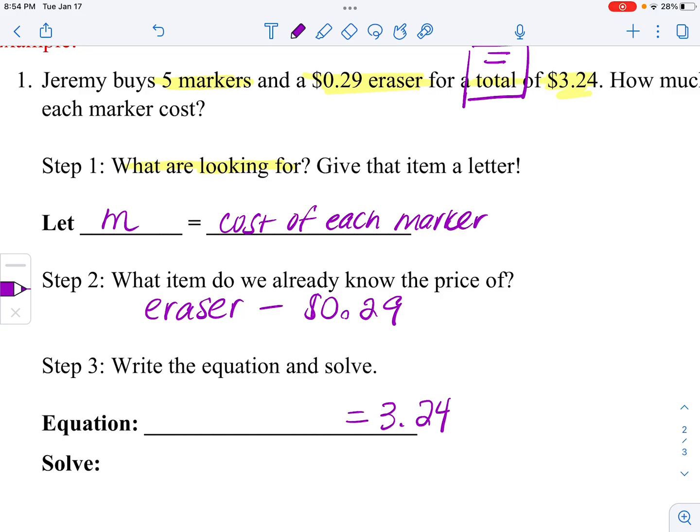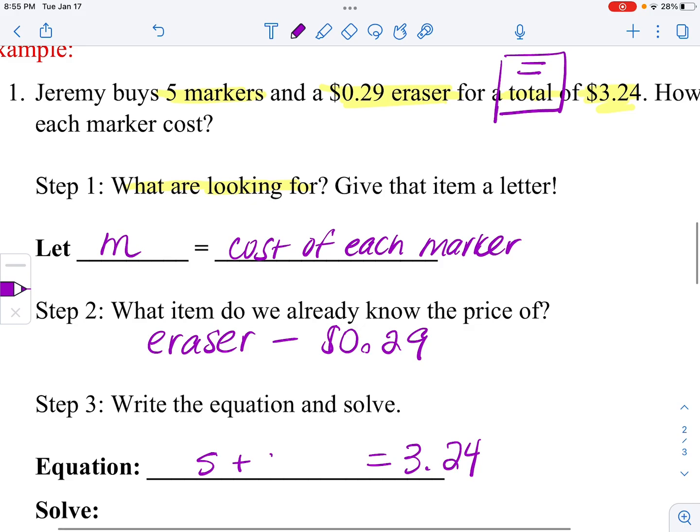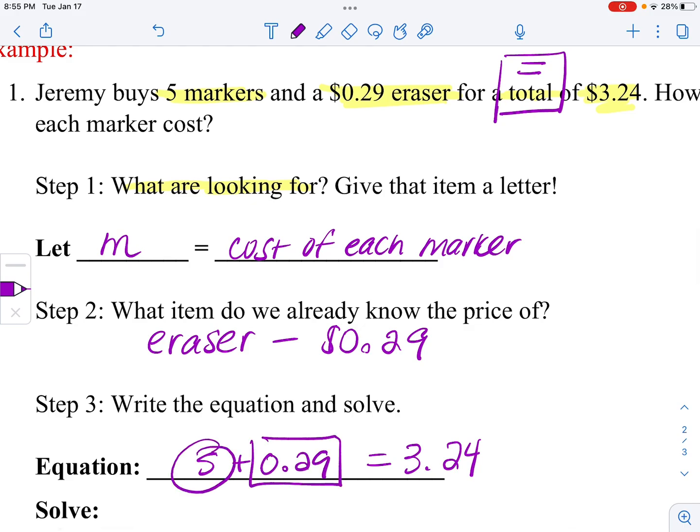Okay, but what is? We know the cost of the eraser cost 29 cents, and then I also bought 5 markers. But I'm not going to do 5 plus, don't write this down. This is not 5 plus 29. This is a price. This is an amount. You can't put those two things together to get a price. You need a price with a price to get a price. So that 5 is going to come in handy, but we have to think about it. If M is the cost of each marker, and I buy 5 of them,